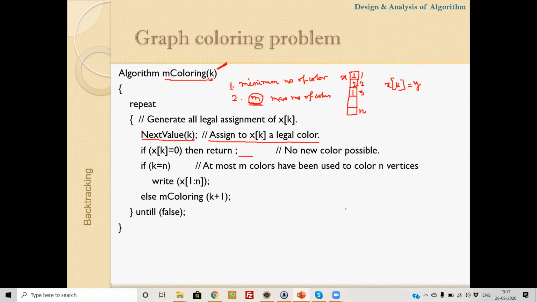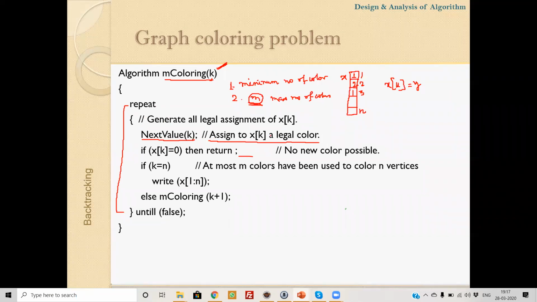So first, this loop will be iterated. In this m coloring problem, this is a loop which is running, so you are repeating this operation: next value k, assign to xk a legal color.